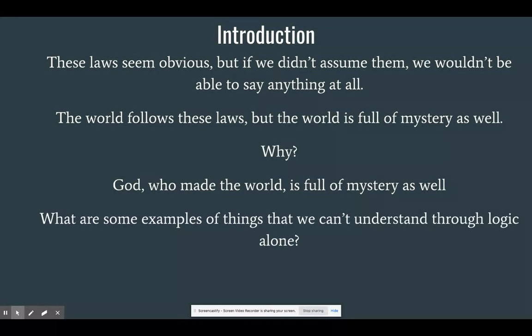So what are some examples? I gave you 2, the Trinity and the incarnation. What are some things that we can't understand through logic alone? What are some things? Ben? Maybe the meaning of life. Okay, the meaning of life. There's no logical proof for the meaning of life. That's great. What else? What can't you logically prove or logically explain? Vandernoot? Happiness. Happiness. Great answer. Love. Beauty. Right? There's no logical explanation for these things, but we still believe them to be true.